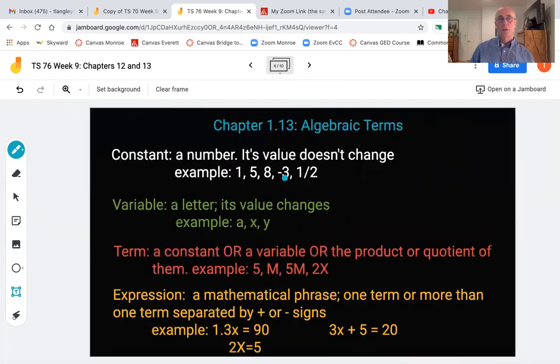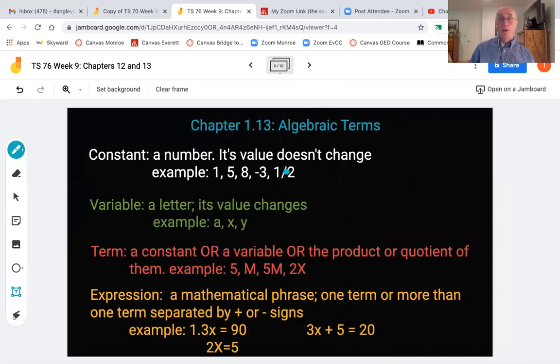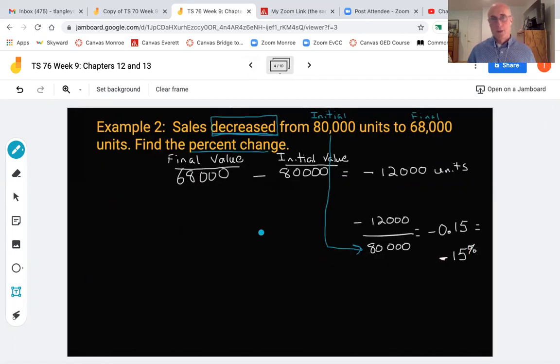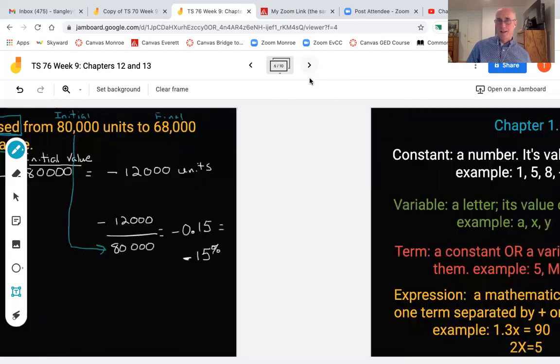All right, going back here, that's really the main concept in chapter 12: finding percent change. And keep in mind that percent change could be the percent something increased, or it can be the percent it decreased, because that's how much it changed still. It's still changed whether it's an increase or decrease. If I go from 5 to 3, I decreased 2. If I go from 5 to 7, I increased 2. But it would be the same percent in a sense.